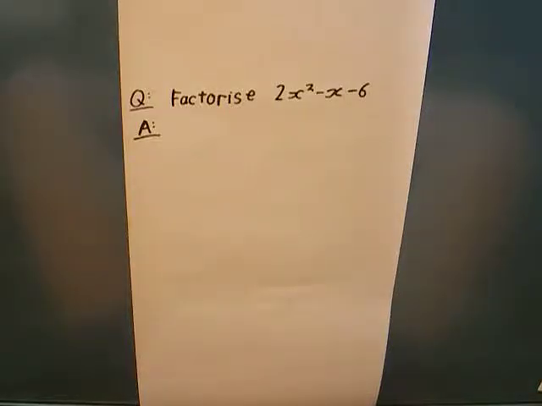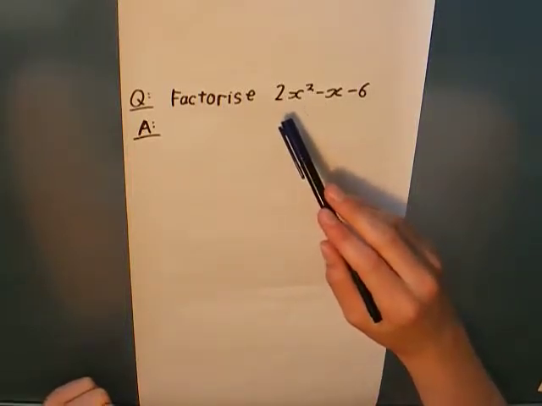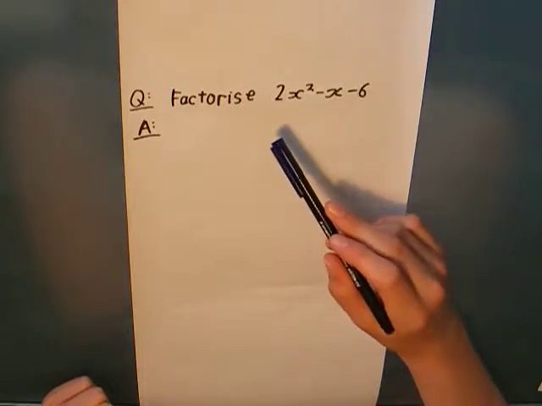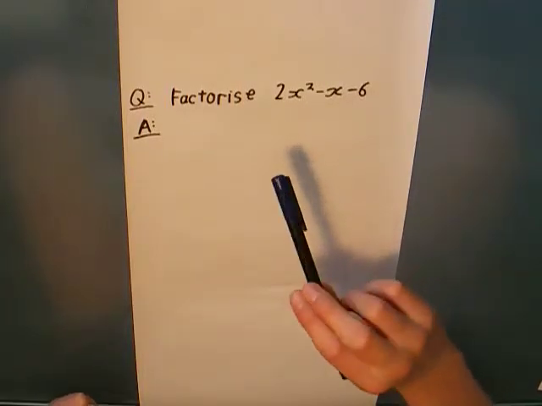Hi there, so in this video I'm going to be teaching you how to factorise a quadratic when the coefficient of x squared isn't 1. So you can see here that the coefficient of x squared is 2. Now the main difference between this procedure and the procedure for when the coefficient of x squared is 1,